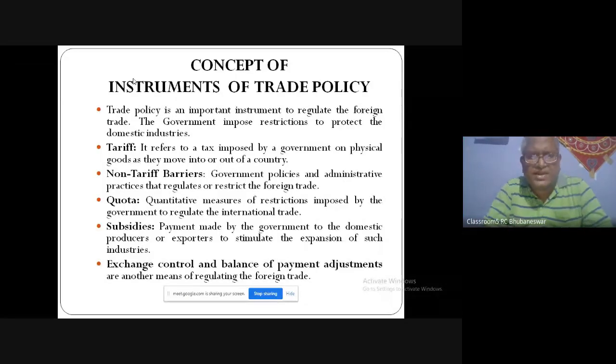My dear students, what is trade policy? I have already stated it is an instrument to regulate foreign trade, and the government always imposes restrictions to protect domestic industries. The question is, what are the instruments? Number one instrument is tariff. Tariff means tax, imposed by the government